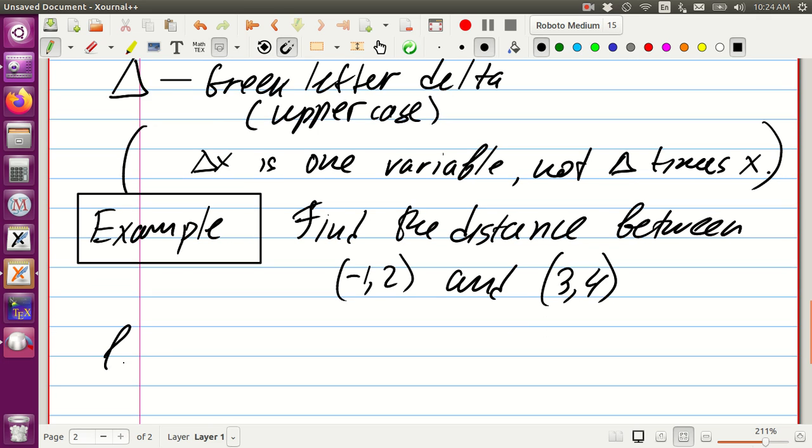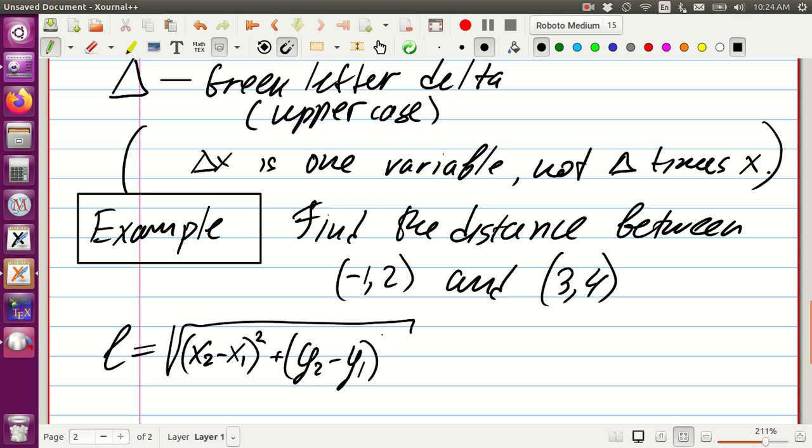So our rule says if you want to find the distance between 2 points, you have to take x2, subtract x1 and square it, then take y2, subtract y1 and square it, then add those two numbers together, and then take a square root. So let's call this x1, y1, x2, y2,